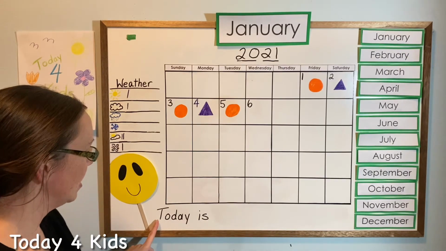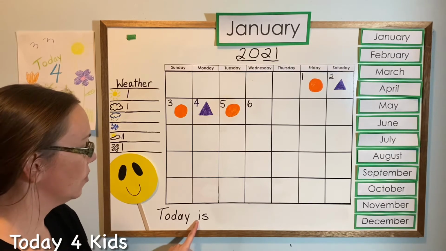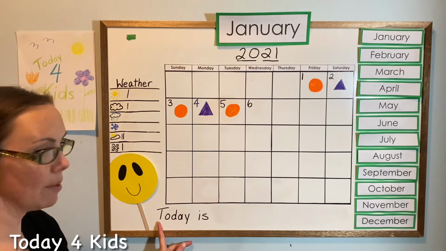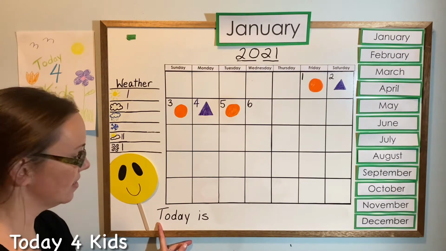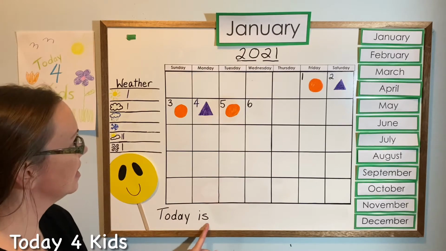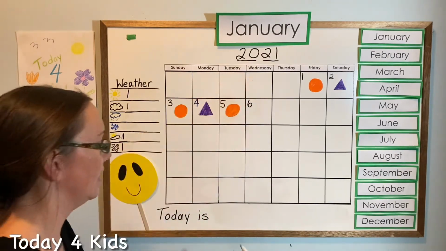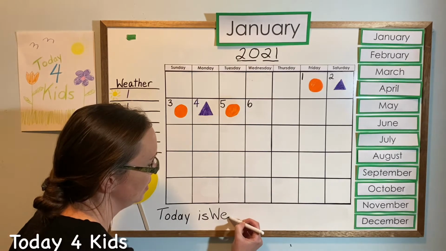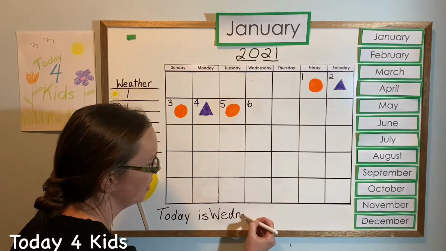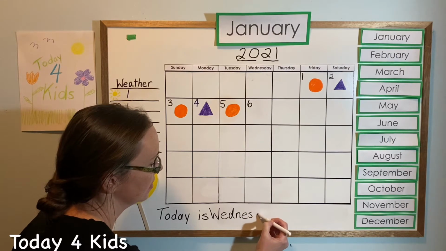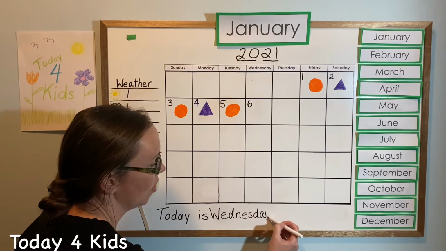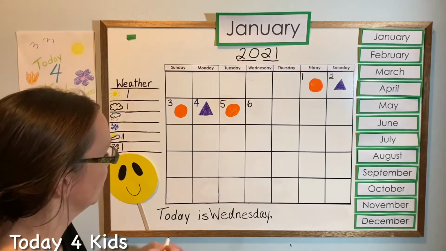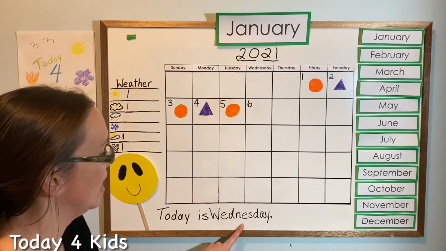So let's write this on the bottom with our sentence. And our sentence begins with the word today and then the word is. So we say today is. And today has a capital T because it's the first word in our sentence. So today is Wednesday, and it's a long one. Wednesday. And then I'm going to put a comma. Remember, our comma is our pause in our sentence. Today is Wednesday,